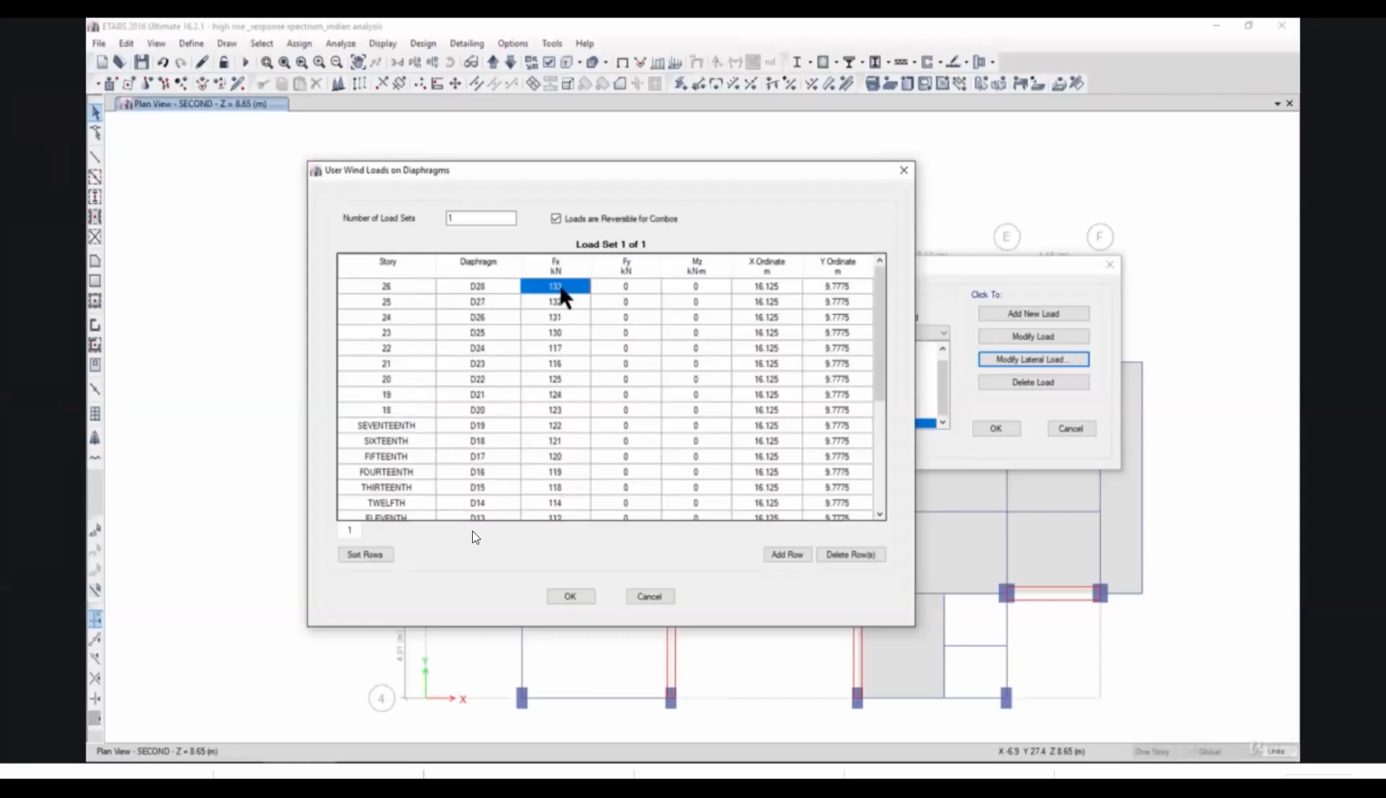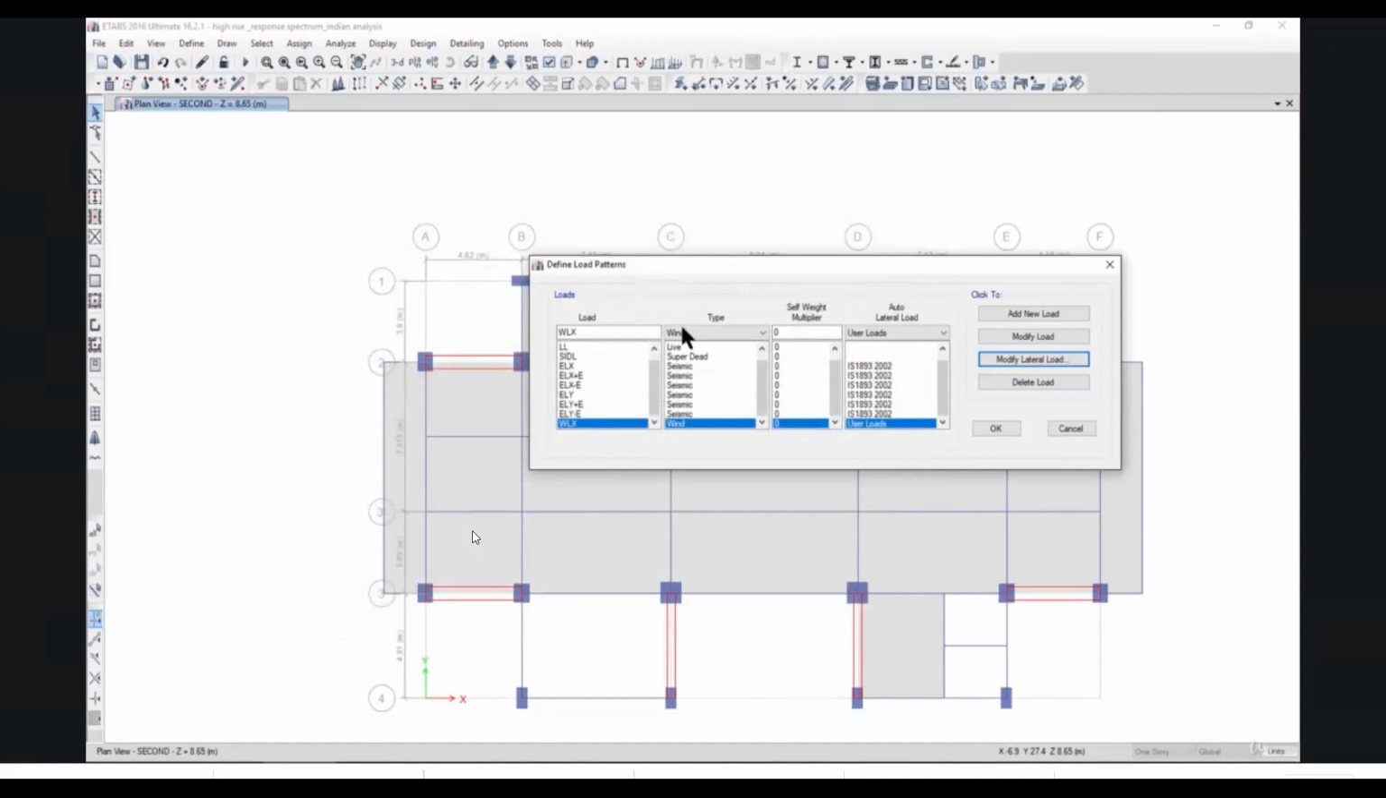And this value is not small. Here you can see that it's approximately 133 kilonewton, that is 13.3 ton applied on the center point of the diaphragm, and that is, I must say, a very large value. So left click on OK,